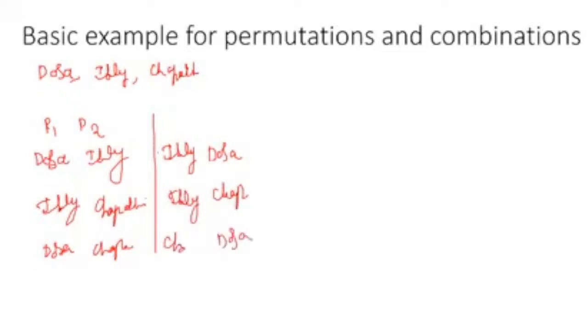But remember, in permutation it is not only dosa idli, it can be idli dosa also. So idli chapati also, and chapati dosa also. This is like having my priority: the first item dosa, second idli, or first item idli, second item dosa. So this is nothing but selecting two items from the available three items, and after that doing arranging. This is the example of